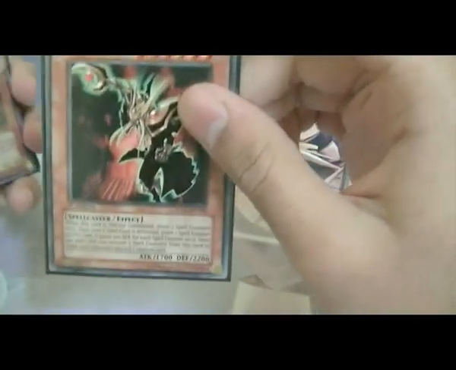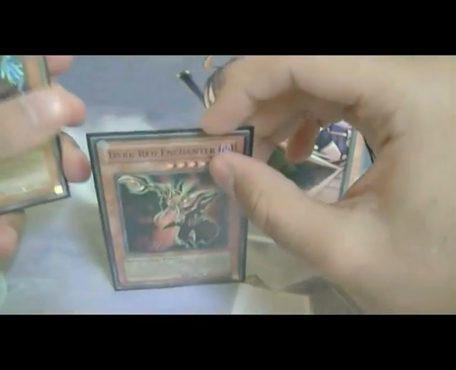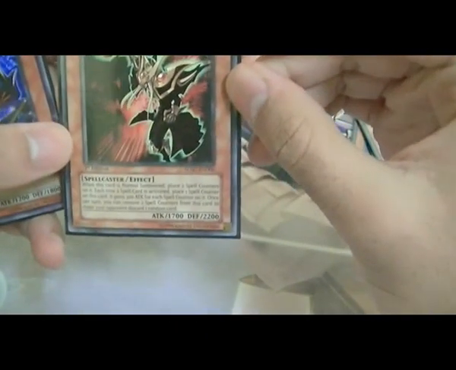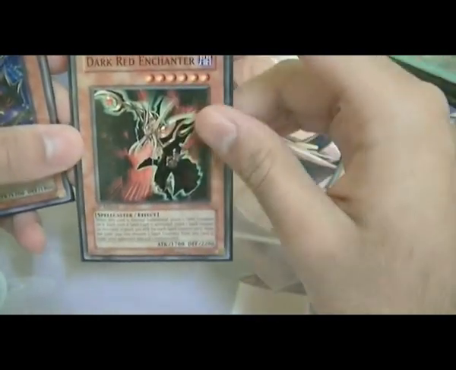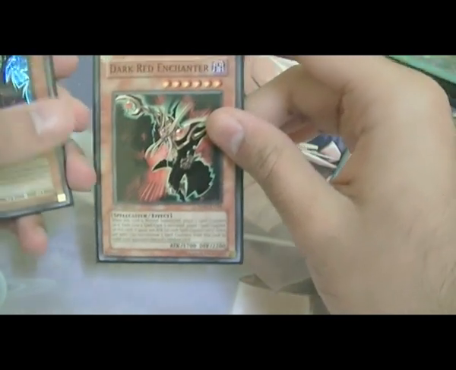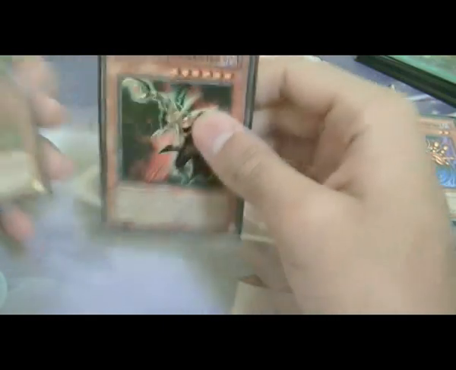One Dark Red Enchanter. I did some coloring over there, so don't worry. Red Dark Enchanter is really good because if you tribute summon him, he will get 3 counters, so you're boosted to 2300 attack points, sorry. And you can special summon him with Magician's Circle. He's a real easy target and gets a Spell Counter